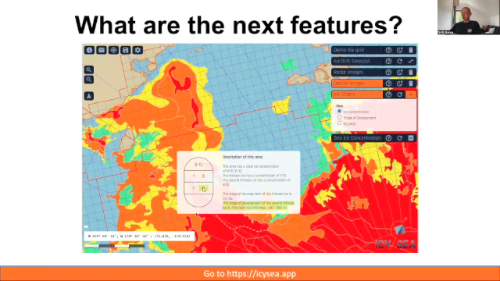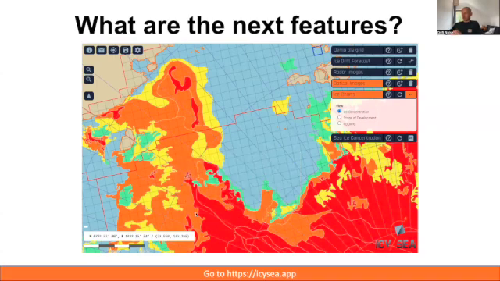And ultimately, we want to include the Polaris risk assessment in there, the risk index as well, so that you can look at what kind of ship you have and then get specific information based on the ice charts and your ship's information for the region that you're interested in. So this already looks like this in our backend service, and we hope to implement it ahead of the Antarctic season that is coming up.